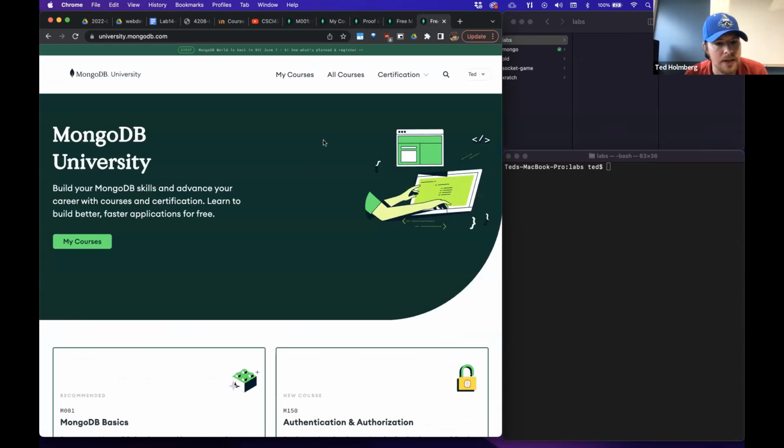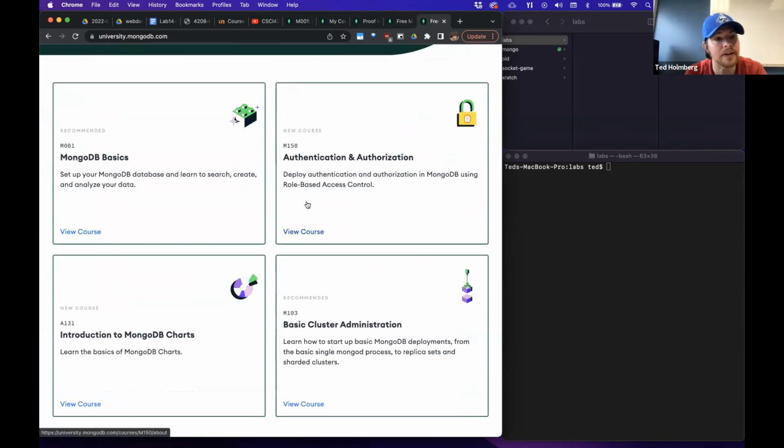let's go here. So here you can see these are the different modules that they offer. So we're just going to focus on this one, MongoDB Basics, where you learn how to set up your MongoDB database and learn to search, create, and analyze your data. But they have all sorts of other courses like authentication authorization, deploy authentication authorization in MongoDB using role-based access control. They have introduction to MongoDB charts, where you can learn the basics of data visualizations and analytics on your database, on your data set. You can learn basic cluster administration,